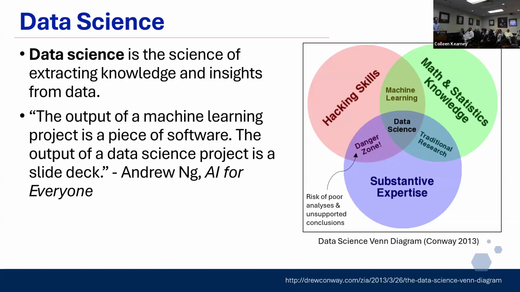This is also sort of entertaining, I guess, sort of what goes into data science. There's this danger zone where someone knows enough to be dangerous, basically, with hacking, with coding. They have the domain expertise, and they just go wild, coding things up, and you have the risk of improper analyses, unsupported conclusions, and things like that. So all of these are important for data science.